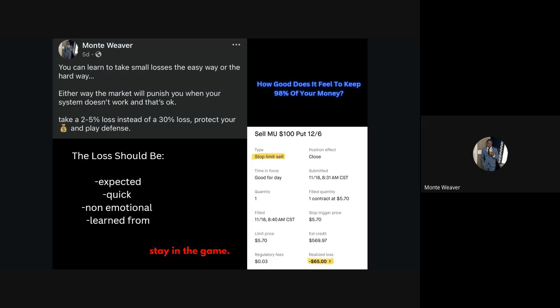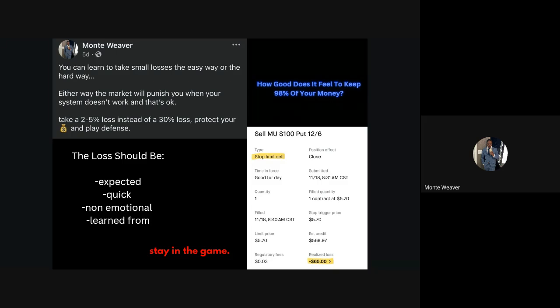So this is one of my personal trades that I'm showing you, a loss. This was on the 18th. I lost $65. How many of you would be perfectly fine if you lost $65 in the market tomorrow? I would be perfectly fine. Or how many of you would be okay if you went and spent your money to get a haircut, or to get your nails done, or to get your hair done, or whatever you want? You want a new book, whatever you want. It costs you $65.